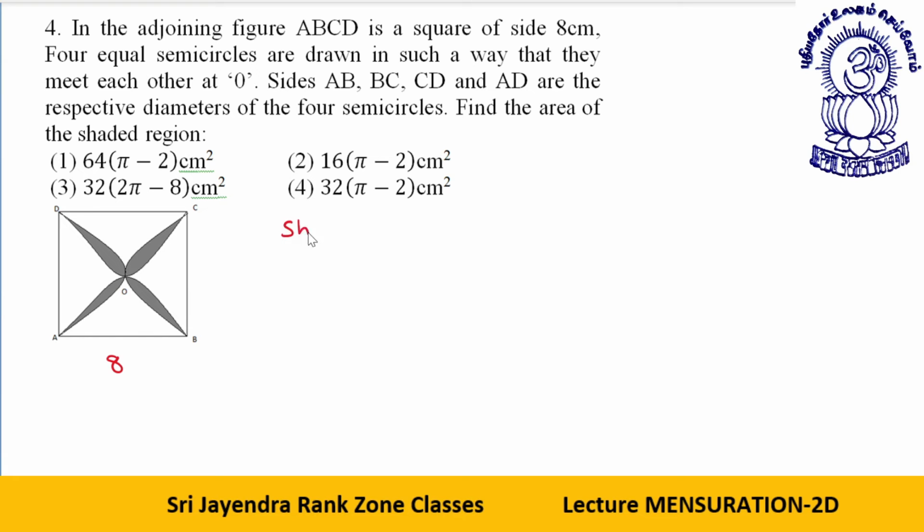See, first of all, what is the shaded region? Shaded region is actually equal to four leaves, 4 into leaf, directly. Now how do you get a leaf? See, this is a sector like this. So this is 4, this is 4. Now my dear students, if this is 4 and 4 like this, you will get the area of this half leaf. Four leaves, so what is the area of a leaf?